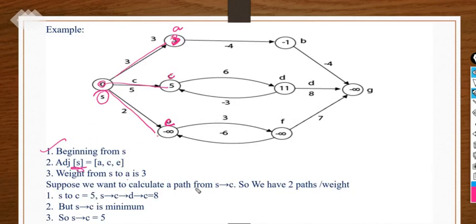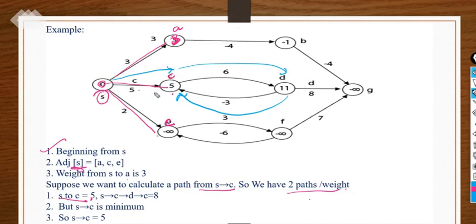Suppose we want to calculate a path from S to C. We have two path weights. The first one is S to C equals 5. The other is S to C, C to D, and again coming back from D to C. So there are two paths.